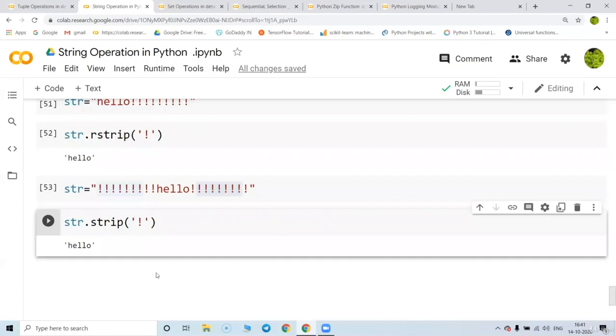So a lot of operations can be done on strings using Python. The programming language which can work on a string very nicely is called the best programming language. And Python can do a lot of operations which you have seen on a string. That's why Python is the best programming language to learn in this